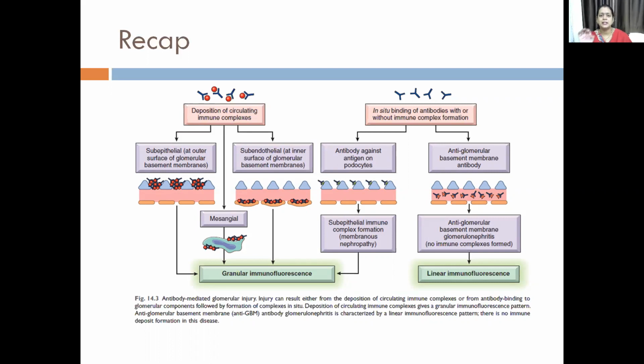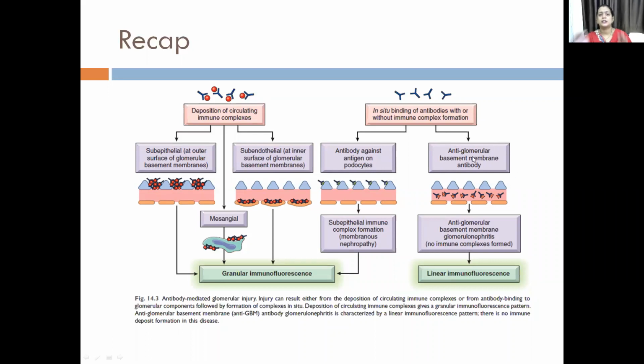That means in situ binding, where an antibody is getting attached to the antigen which is recognized in the form of a podocyte, that is a visceral epithelial cell in the glomerulus, or the glomerular basement membrane,